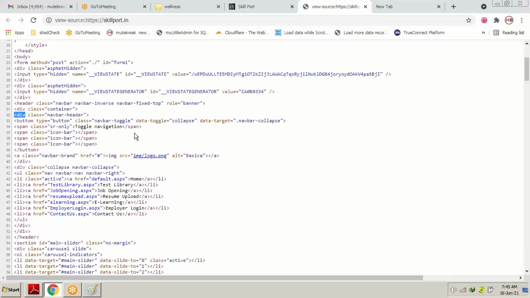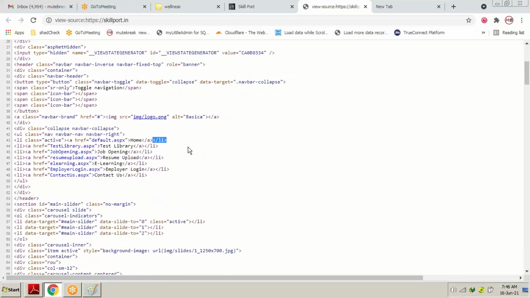That means the function, the use of a particular tag, the system to write particular HTML code is: open a certain tag, write the certain program, meaning the HTML code, and close the tag. In every line, you are going to see that a certain tag, like the li tag, is getting opened, and the li tag over here is getting closed. And between the li tag, the entire designing part of it occurs.